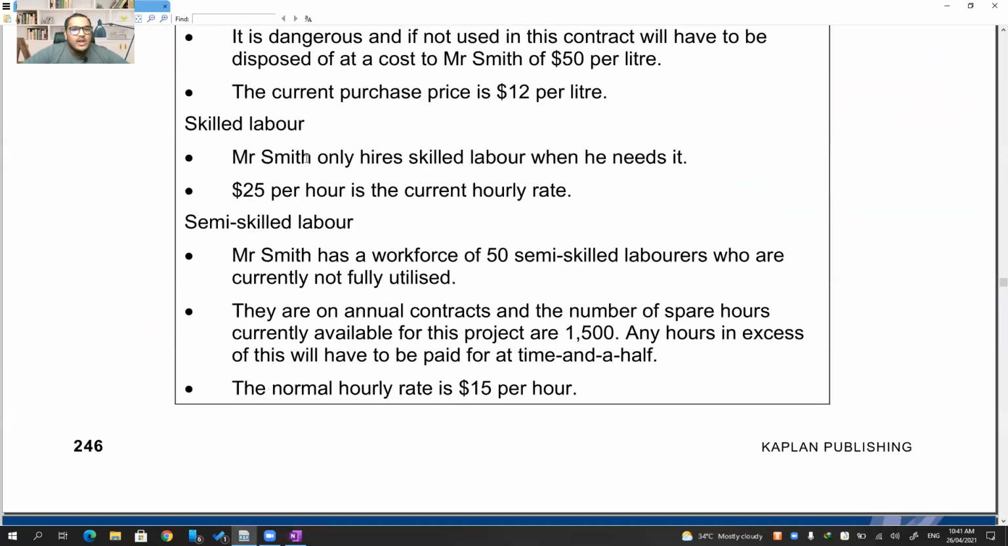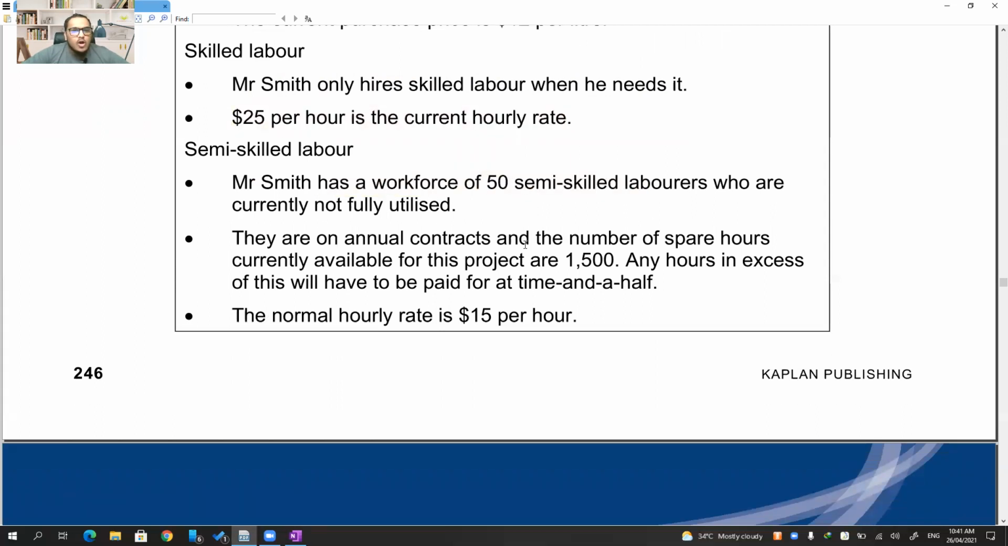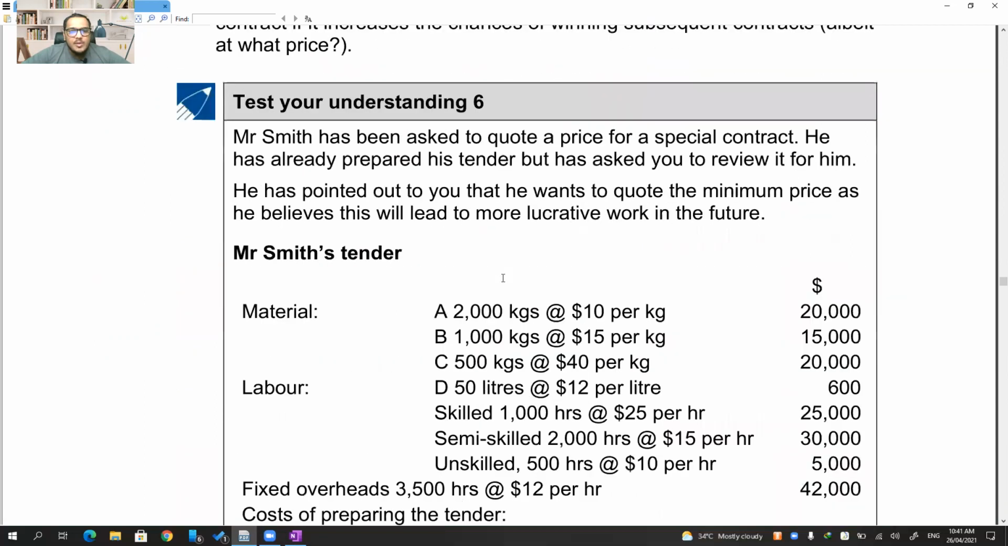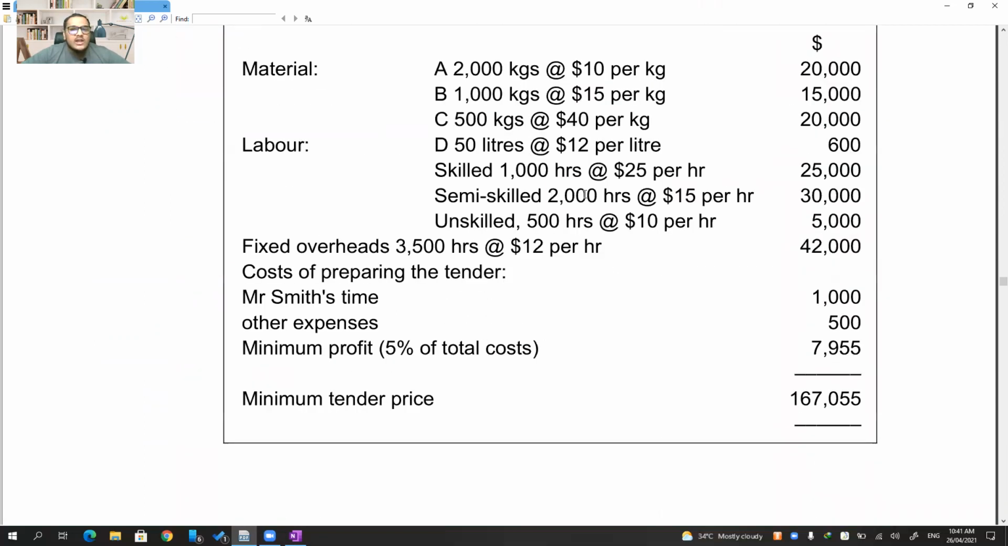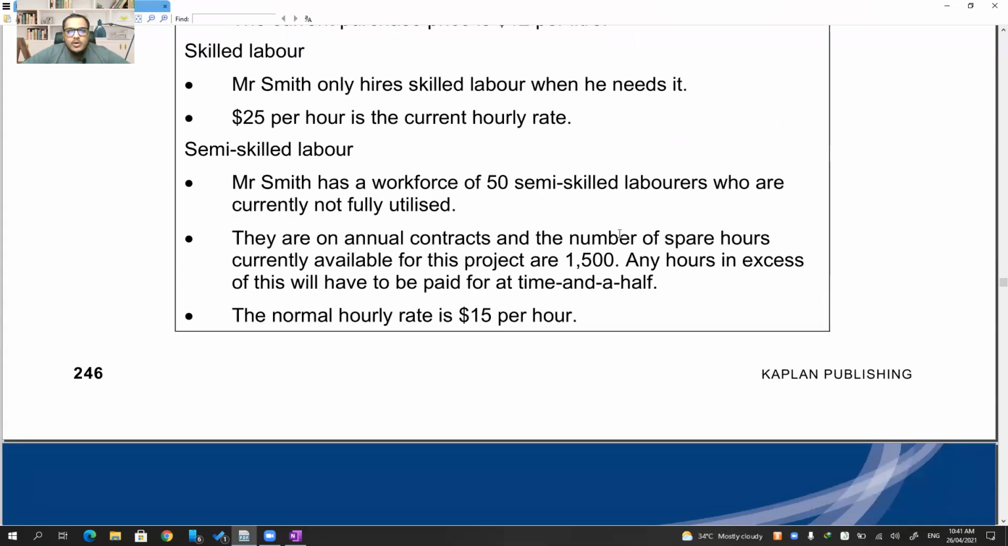Okay. Then coming to labor, he will hire only when it is required. So whatever is the labor rate that you are paying, that will be your relevant cost. So $25. Semi-skilled has a workforce of 50 semi-skilled who are not fully utilized. They're on annual contracts and the number of spare hours currently available is 1,500. Any hours in excess of this time will have to be paid for at time and a half. So 1.5 times you will pay it. How many hours of labor are required? Semi-skilled. You need 2,000 hours at $15 per hour. But if you see here, already you have 1,500